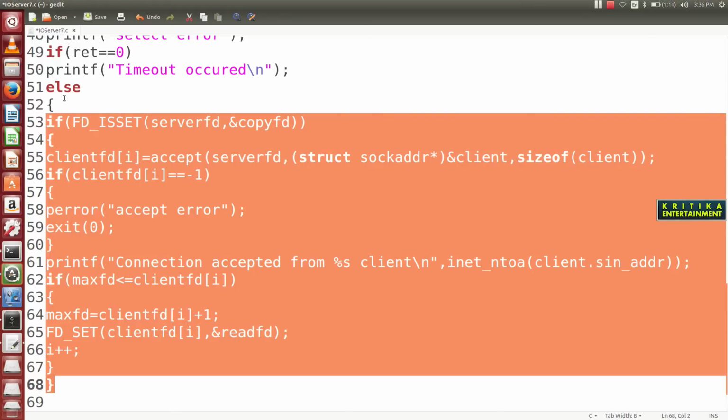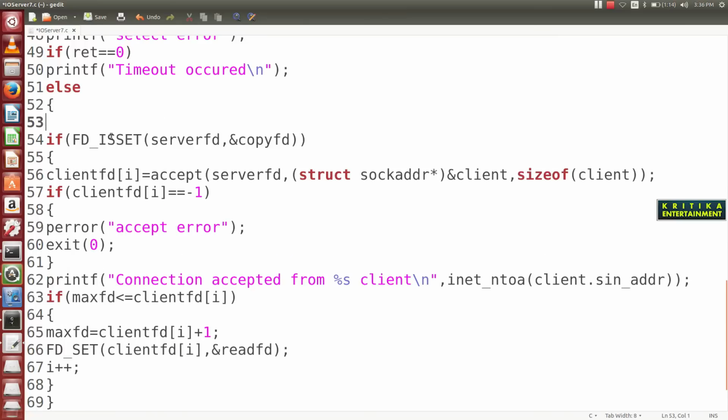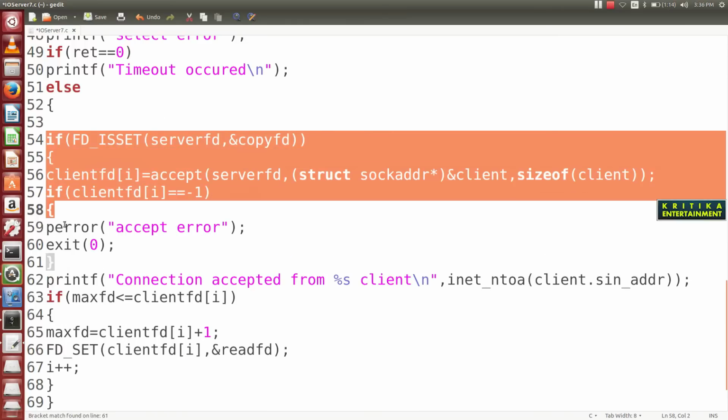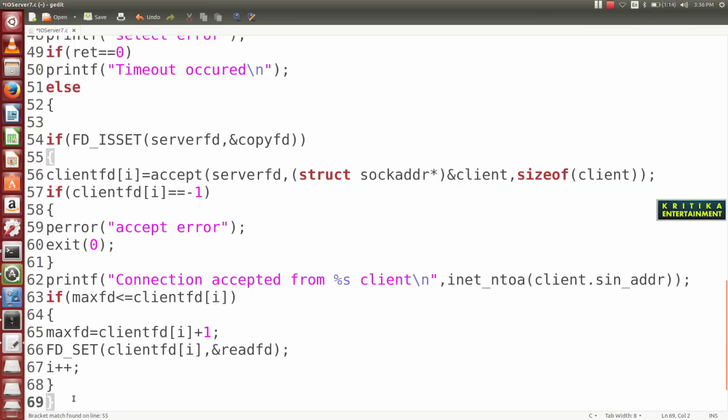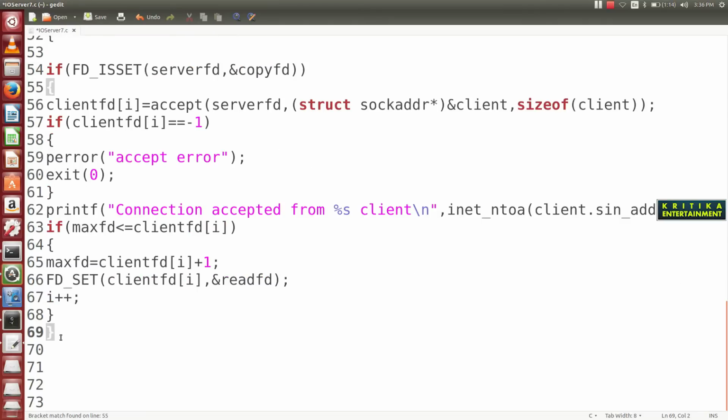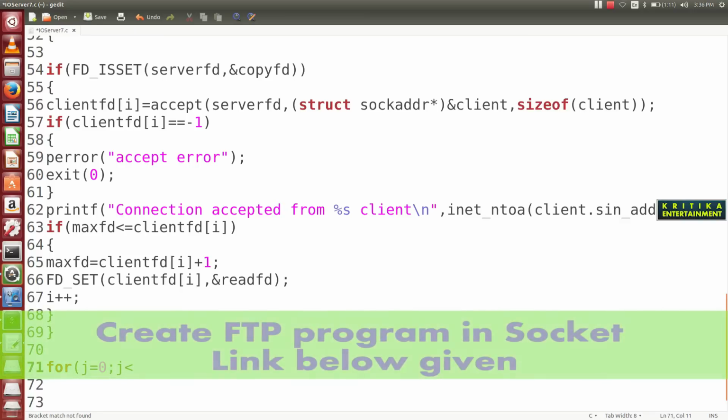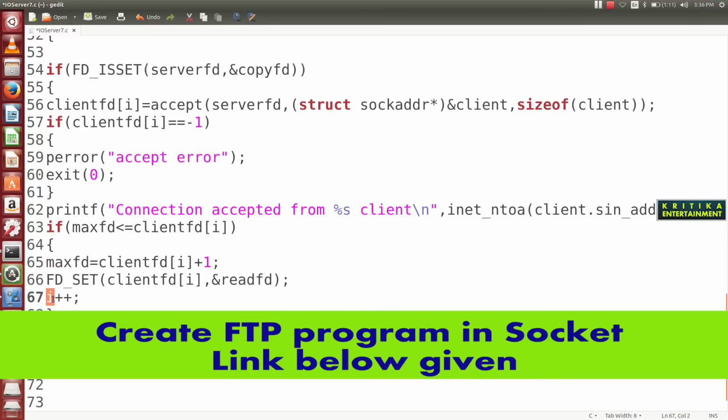So in else, these are closed, these codes are used for data communication, not connection. Then I will write the data communication part. What to write here? for j is equal to 0, j less than the number of clients connected here, we can track it by using i.